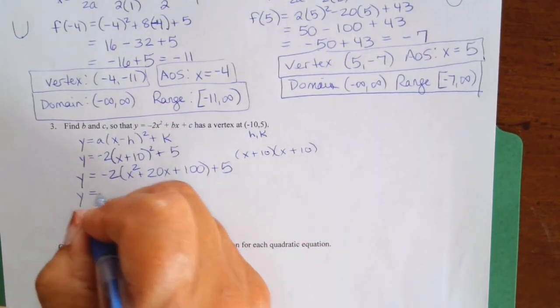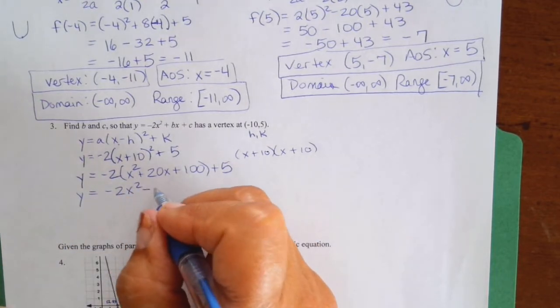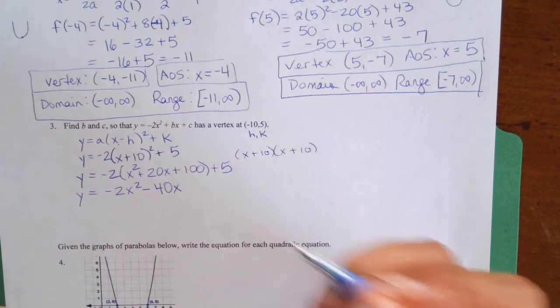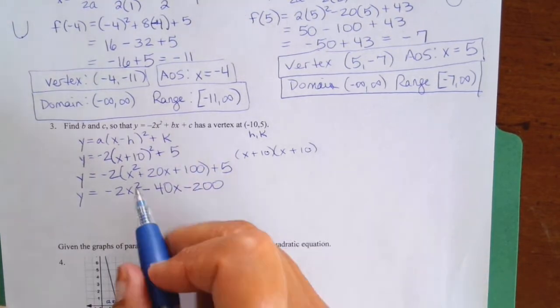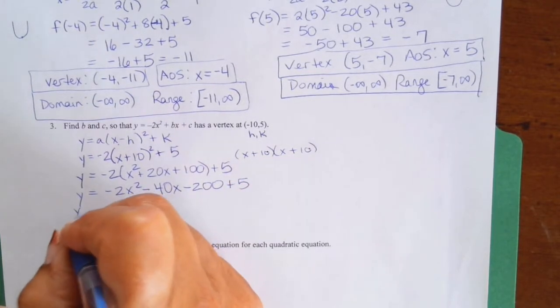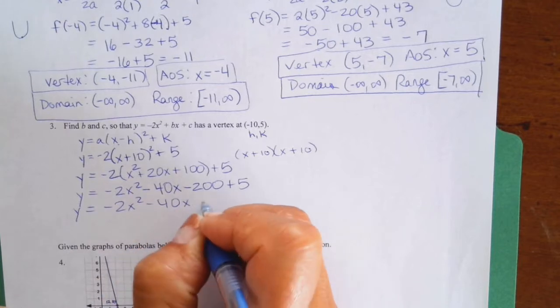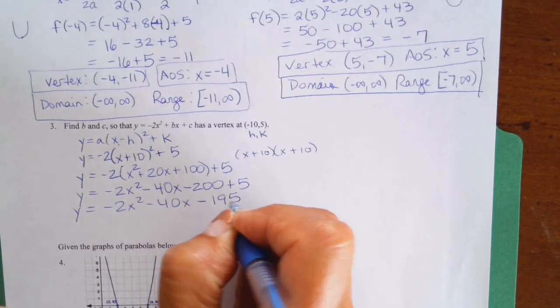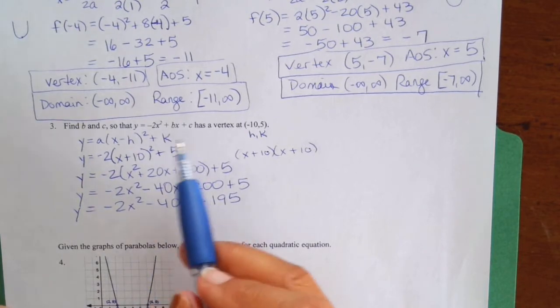Multiply through your negative 2. Negative 2 times x squared. Negative 2 times 20. Negative 2 times 100. Right? 40 and 200. And then plus the 5. So add those last two numbers. So that's minus 195. All right, so now look, now you have standard form, so now you can tell me